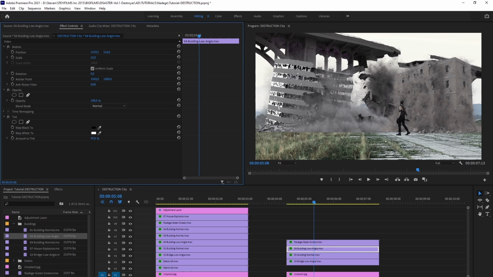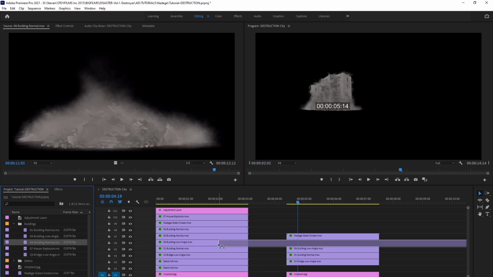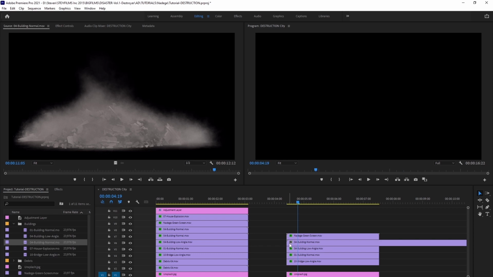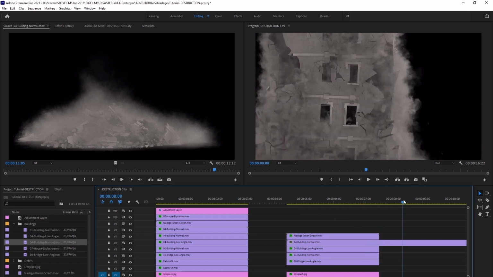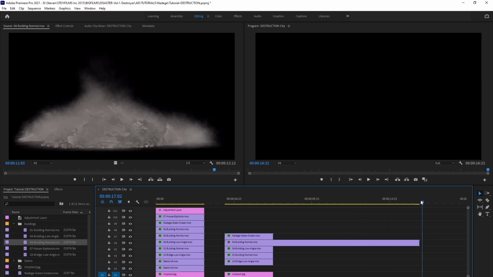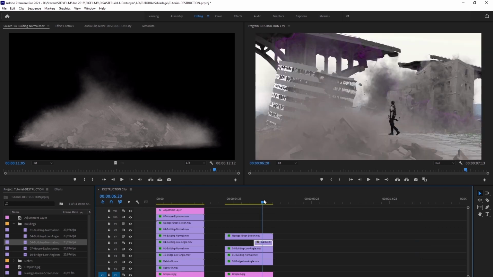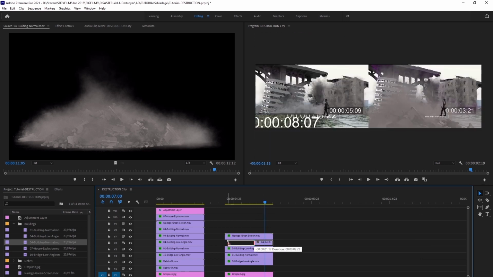So what we want to do next is to continue building out the environment by adding some debris. Let's take this clip for example. If we scrub to the end of it, it's fully destroyed. We can use this portion of the VFX to create the debris we want to see on the ground. So let's trim it, slide it into place, then stretch it back out, and we have to scale it down,